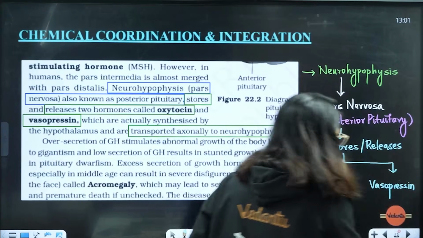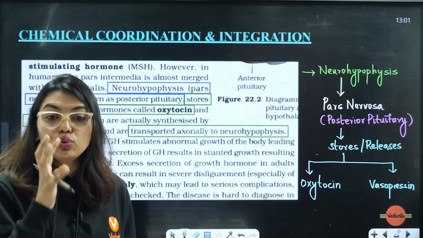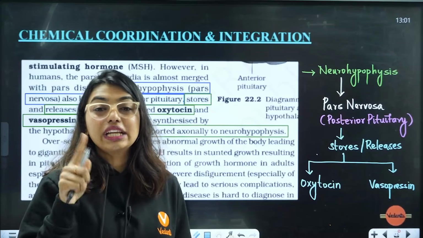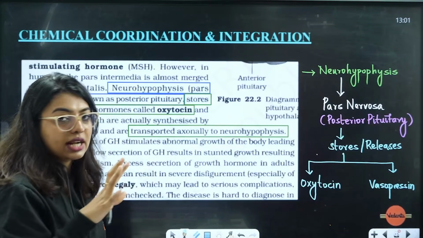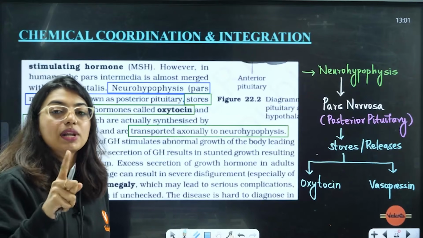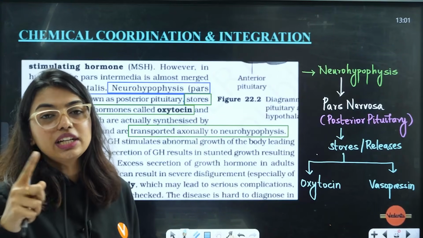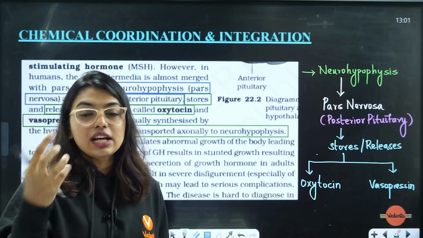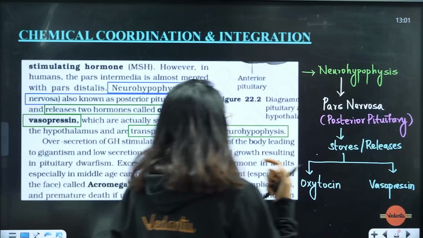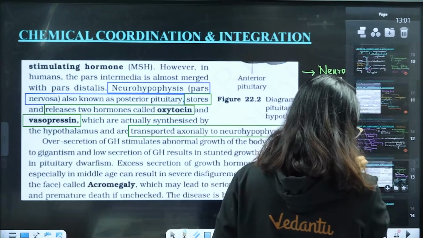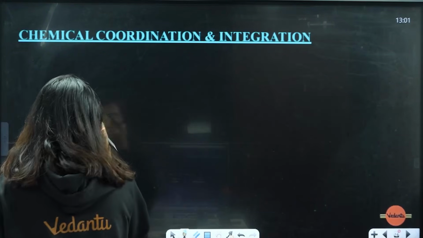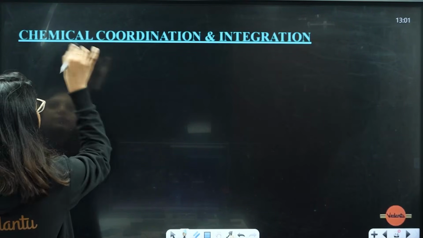Vasopressin. So oxytocin, you already know, uterine contraction, okay? Contraction of uterine muscles. With that also the ejection of milk. Production prolactin will do, but ejection is by oxytocin. Then vasopressin. Vasopressin is also called your ADH, anti-diuretic hormone. It does reabsorption of water from the DCT and the CD, okay? That is your collecting duct. Do you want me to write that separately? Ma'am, obviously, ma'am. What is this, ma'am? Okay. So here,